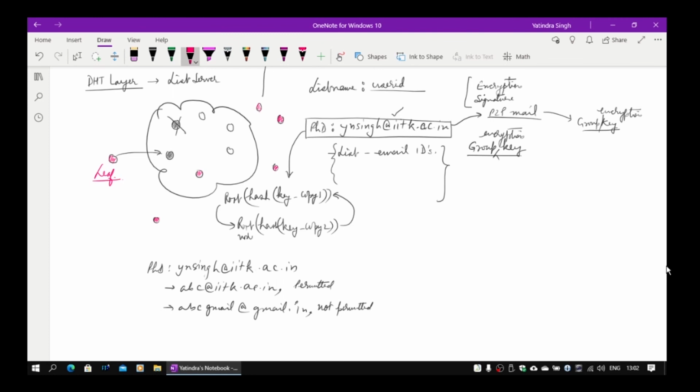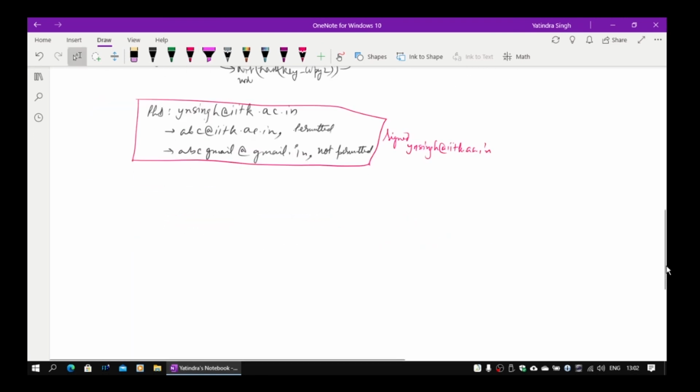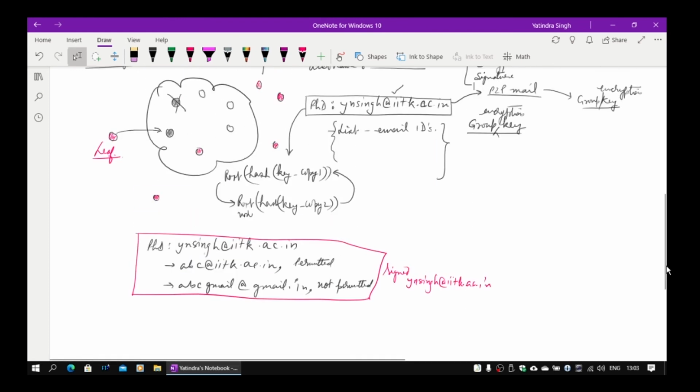So I will publish my list here. This list, or this data structure, is going to be digitally signed by me. It has to be signed by my user ID's private key, and with my certificate you will be able to verify. Remember, any user certificate you can retrieve from the base layer, the base DHT layer, that is possible. And let me keep this figure here.